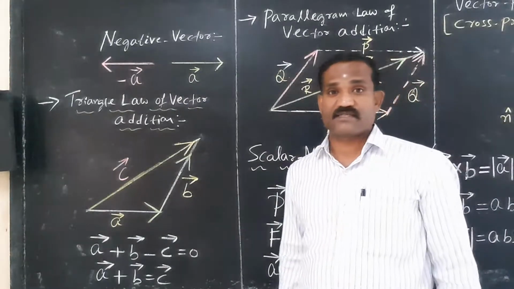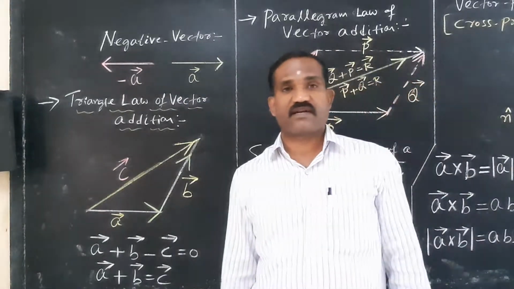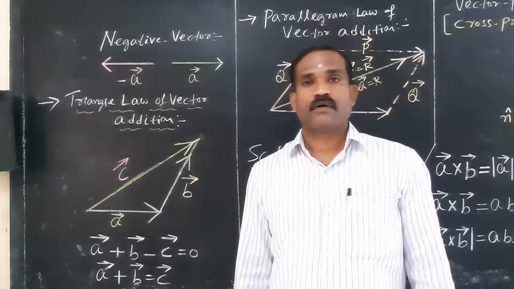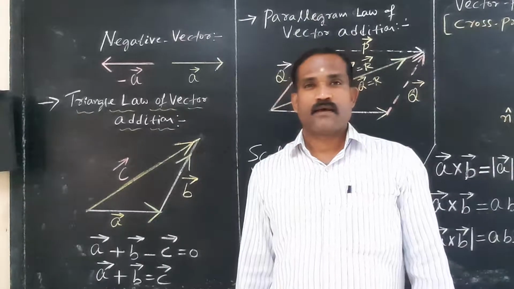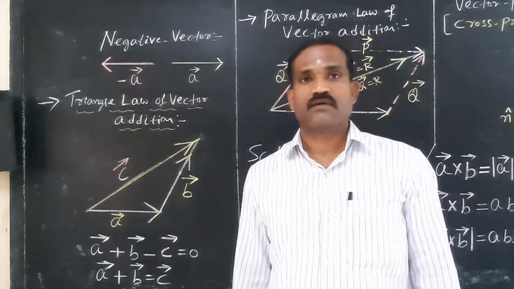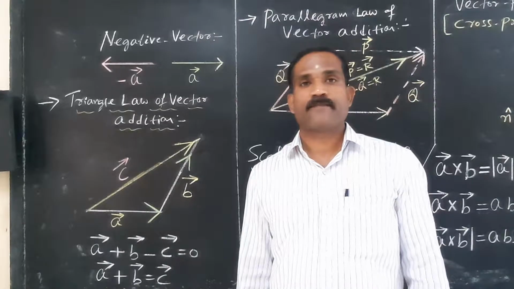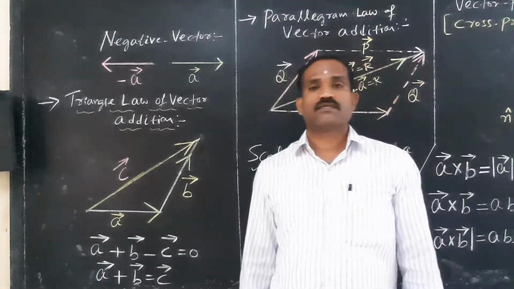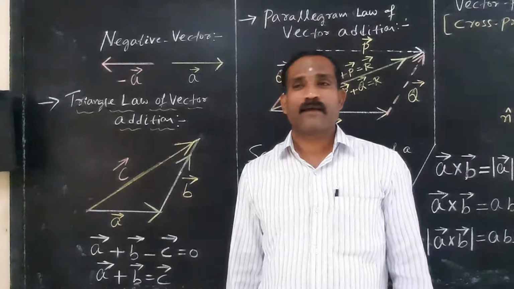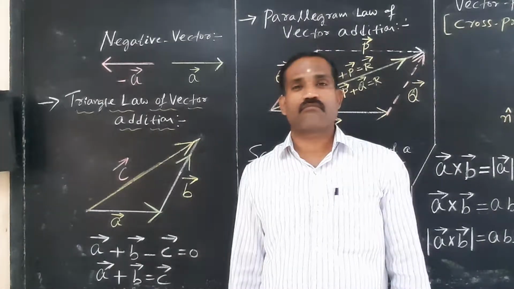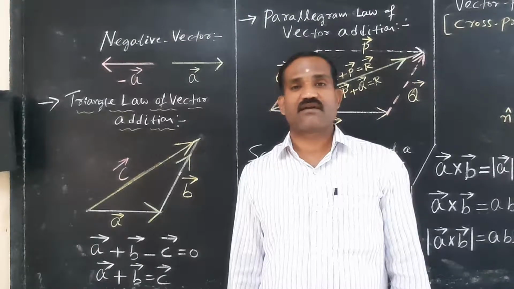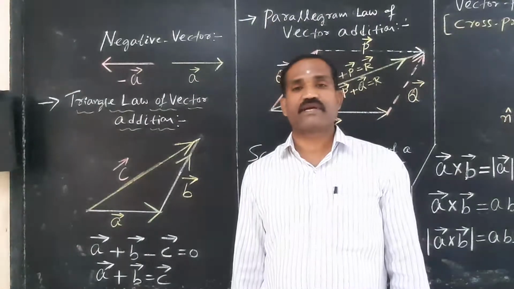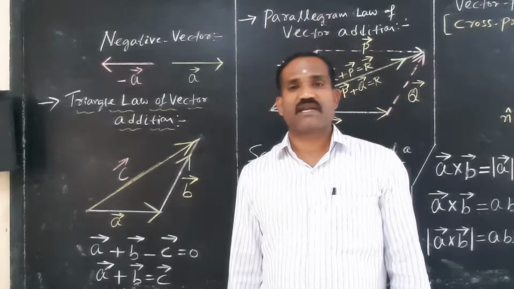So, I'll continue with the vectors. We had a discussion on scalars and vectors. What do you mean by scalar quantities? What do you mean by vector quantities? And what are the types of vectors? The quantities which can be measurable are called physical quantities, and physical quantities are of two types: scalar quantities and vector quantities. Scalar quantities means, as I mentioned already, the quantities which require only magnitude without direction. Examples: length, mass, electric current, temperature, speed, work, power, energy, etc.